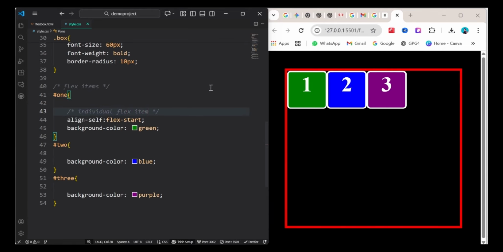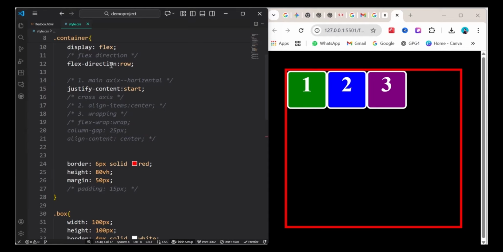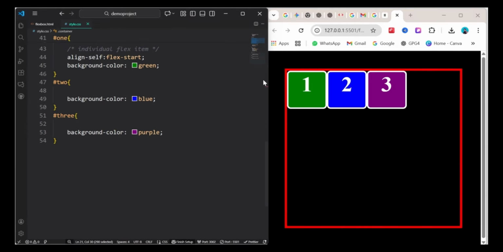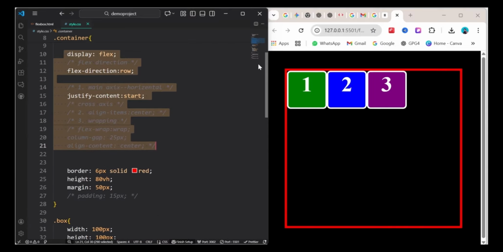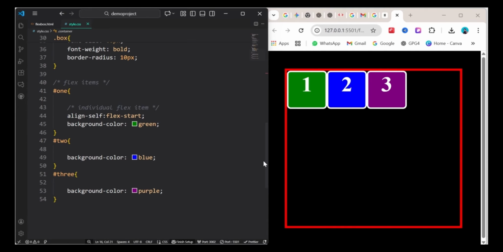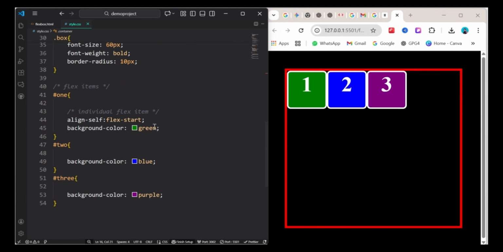Align self. So these are some of the values you can use, like end. You can see we applied this on only one number box, so it is aligned at the end of the container, but there is no change on these two. The align self property is used on an individual item. Similarly,